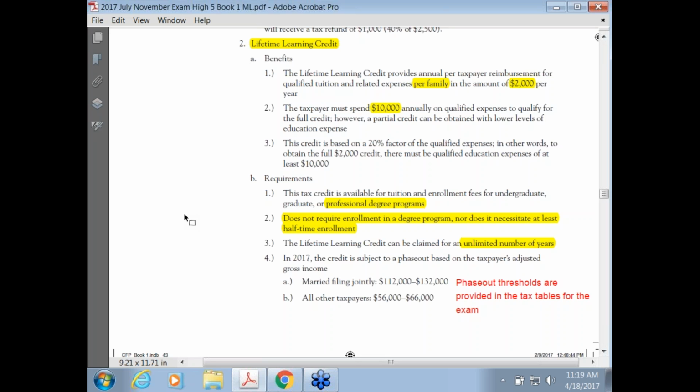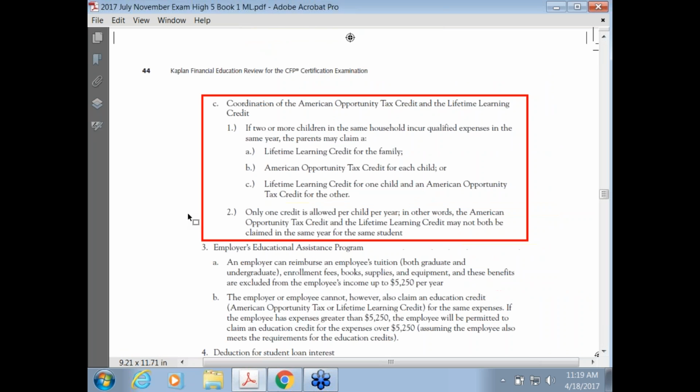It does not require enrollment in a degree program, I should say. All right, so there's your thresholds. Again, those are applied, so make sure you spend some time with this. Here's the box that I think summarizes it well for you, as far as you can't ever duplicate. Maybe that's the easiest way to remember it. You can't double dip. You can't claim more than one tax benefit for the same